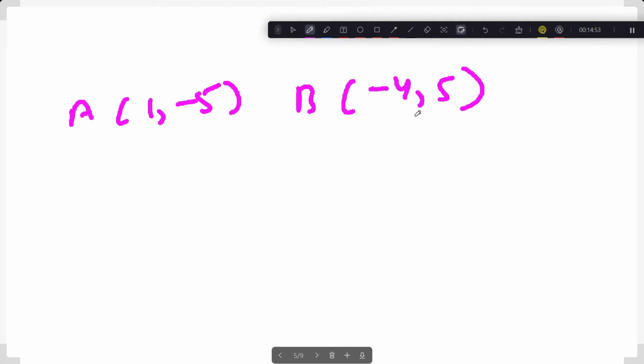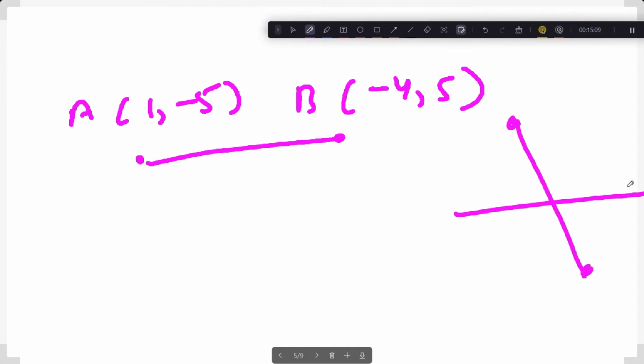As I said, Padhi with Prachi means I'm also studying along with you guys. Sorry if I'm defending. Find the ratio in which the line segment joining A and B is divided by the x-axis. So there's a line segment which is just joining, ऐसे join कर रहा है. So obviously it is like something like this, right? Divide by the x-axis का मतलब ये है कि इसका ऐसा होगा, like the y coordinate will be 0.